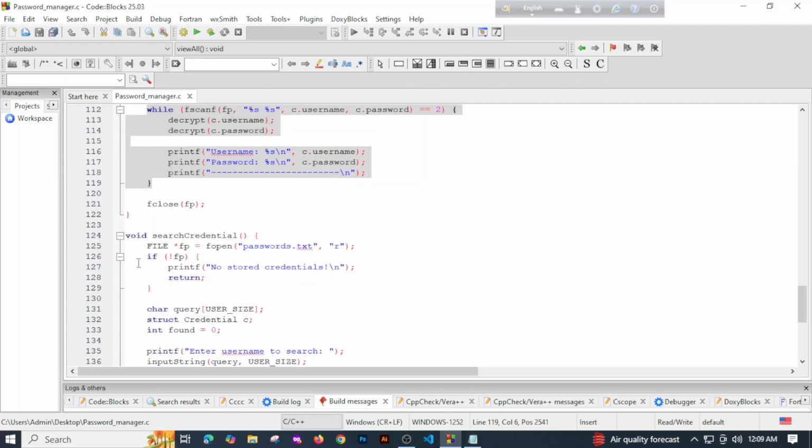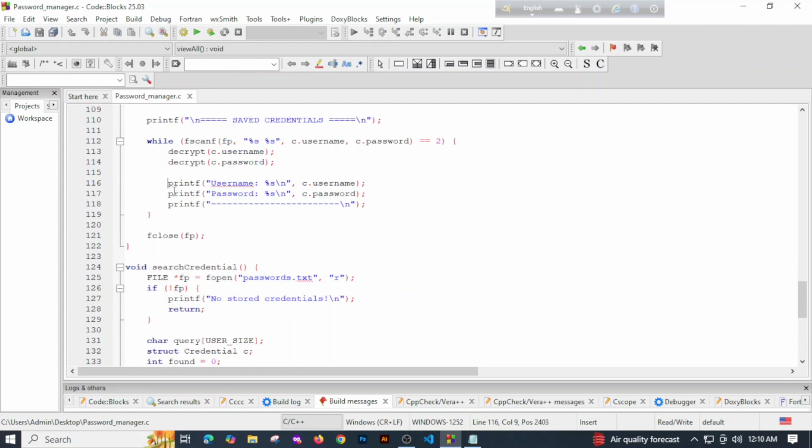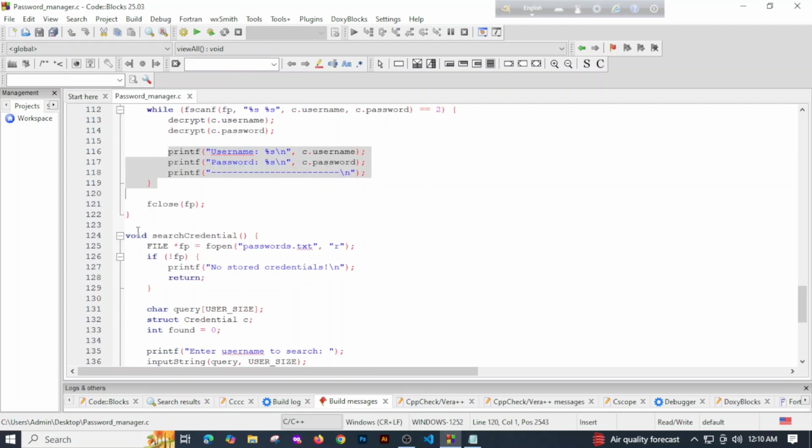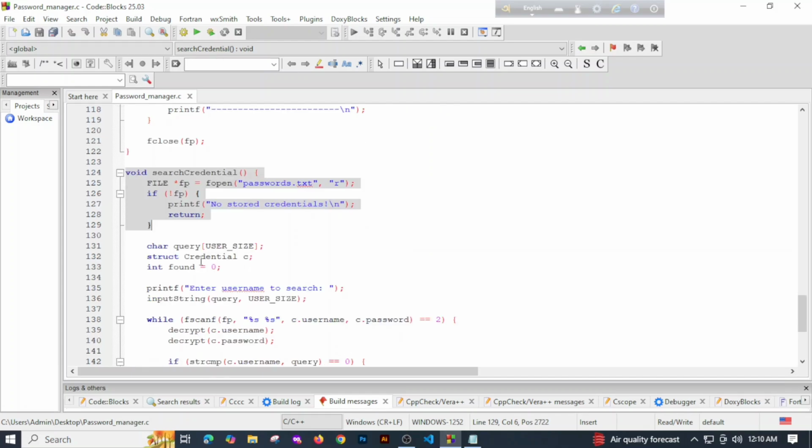And then they decrypt them. Okay, and then it will print the file username and password. After that it will go to the search credential function,